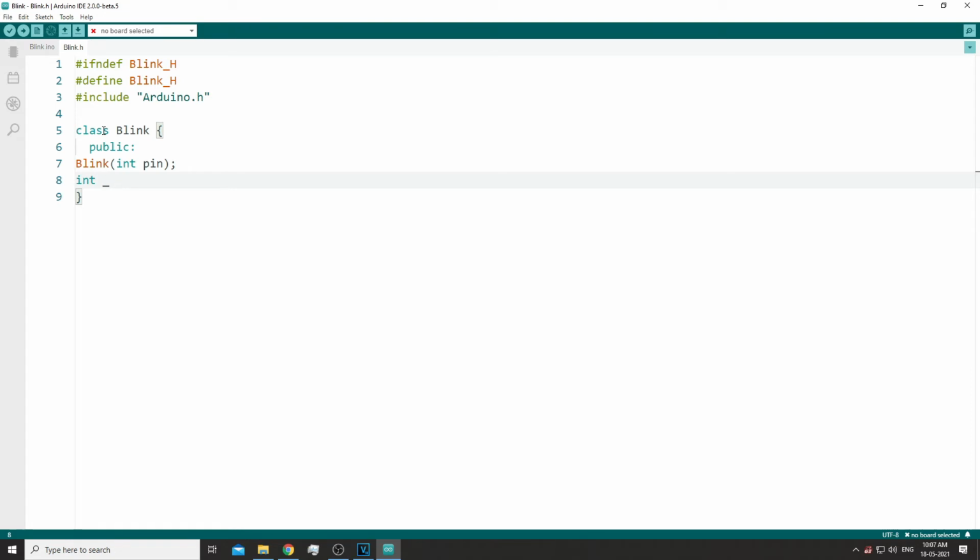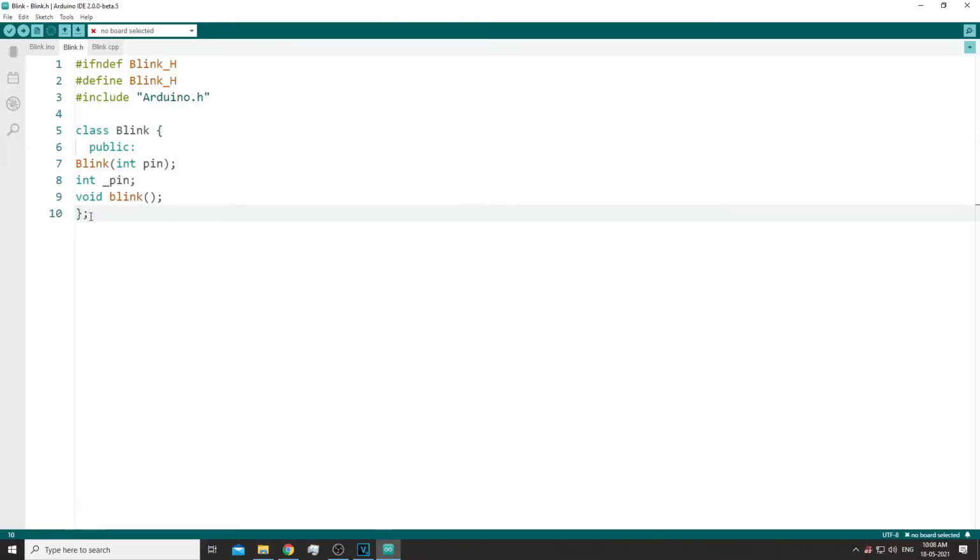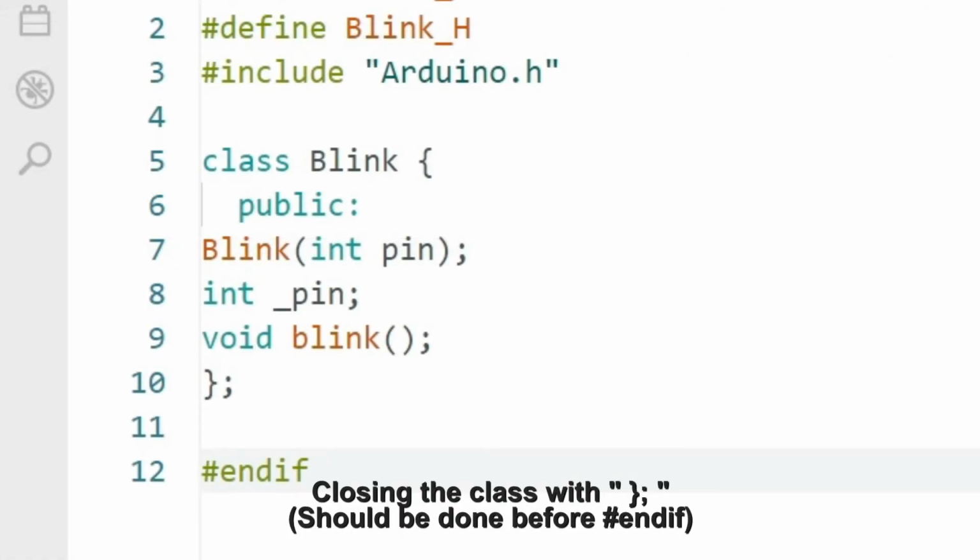Then we write a void function blink which when executed will carry out the blinking of the object we defined. Now we will write #endif to end our header file. Then after that we will close this class and our header file is ready.